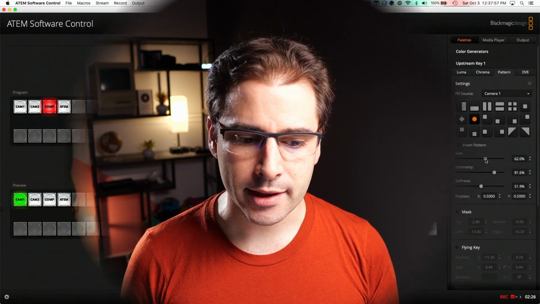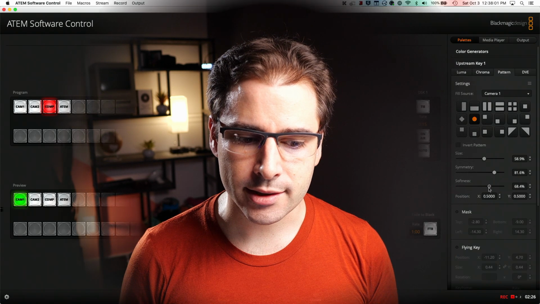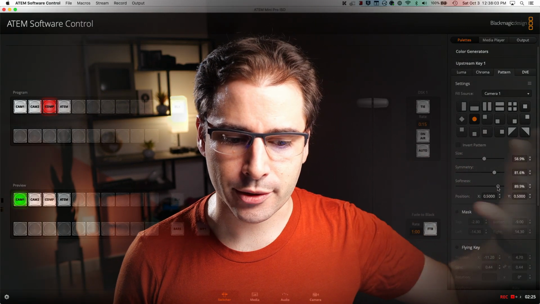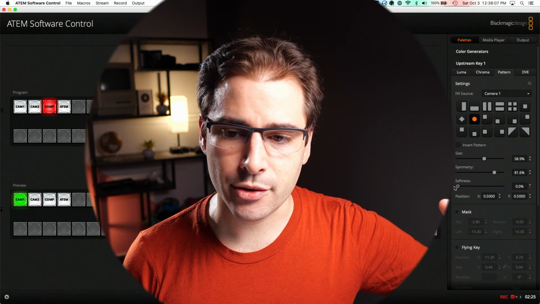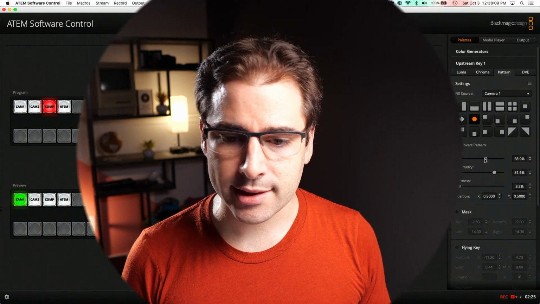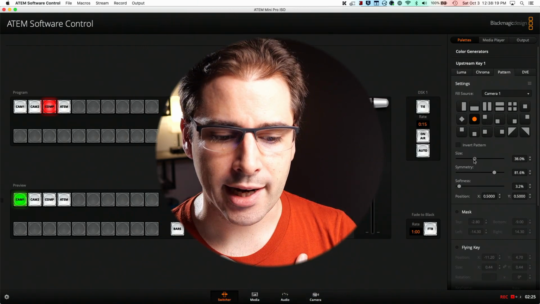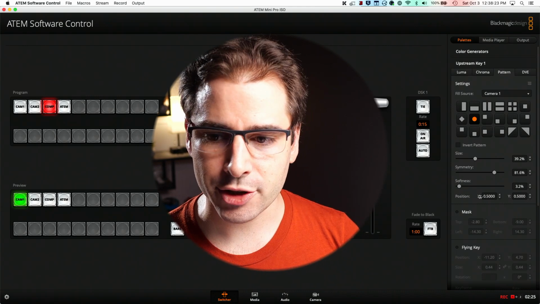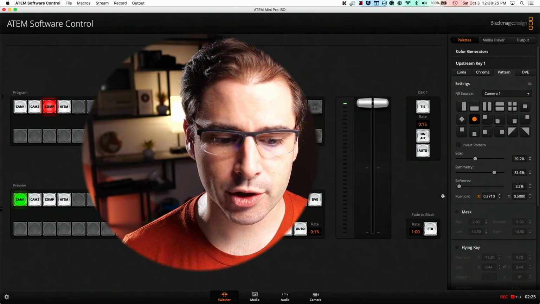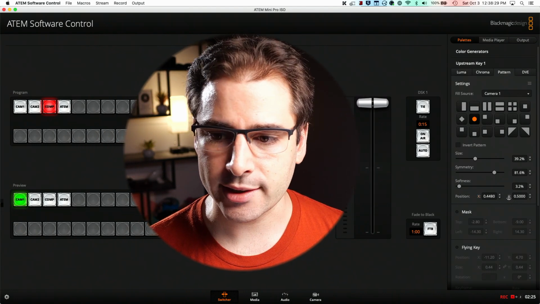And if I change the softness, what you'll see is the edge here gets sharper. So a soft edge will sort of fade out, but this sharp edge turns it into more of a circle shape. And then the size is choosing how much of that video to crop in. And now I'm kind of off center. If you wanted to reposition it, you could actually use this to choose which part of the video is being used. So I can go ahead and center myself here.